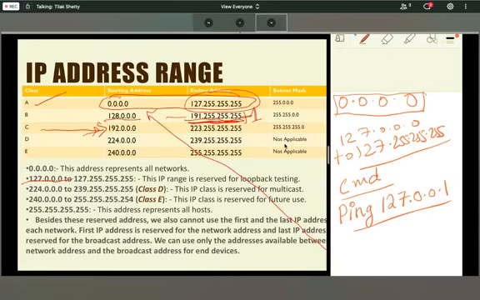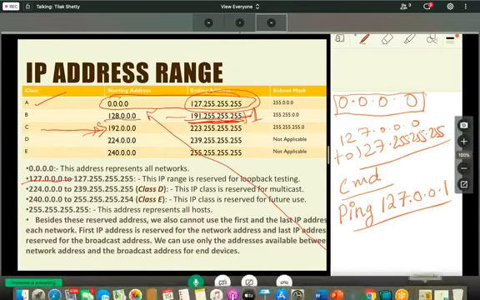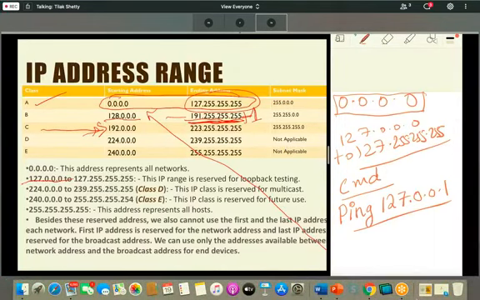It gave reply. Reply from 127.0.0.1. Packet sent 4, received 4, lost 0. That's what it says.